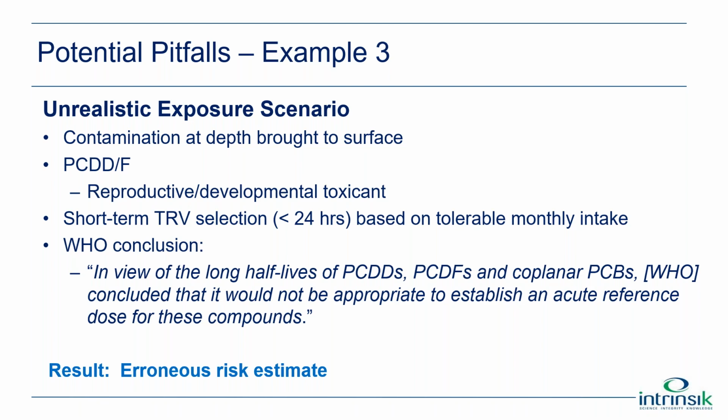And when they ran the numbers, when they looked at the soil concentrations and they looked at a pica child, again, it called for immediate removal of that soil. So instead of using an approach like that, the focus should probably have been on a more realistic exposure scenario. And there should have been some caution with respect to amortizing exposure, because you are dealing with a reproductive and developmental toxicant. But the end result was that it ended up with erroneous risk estimates.